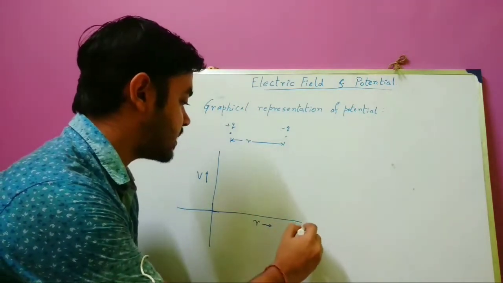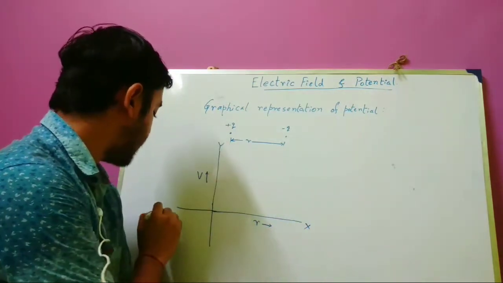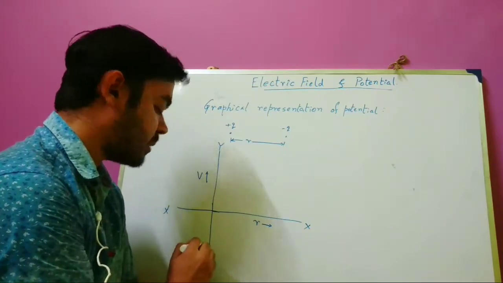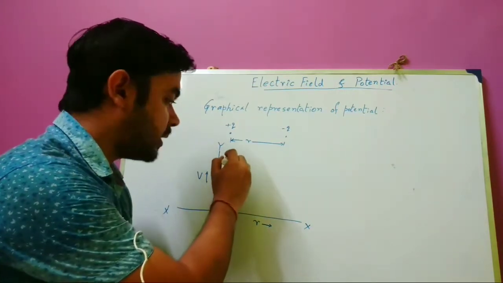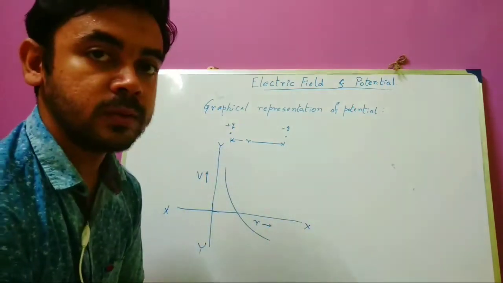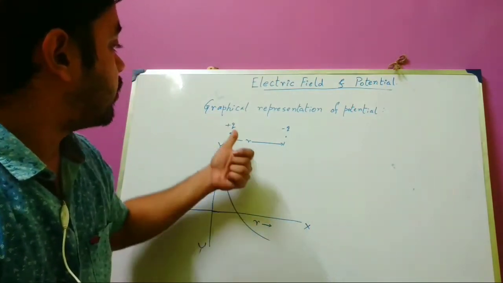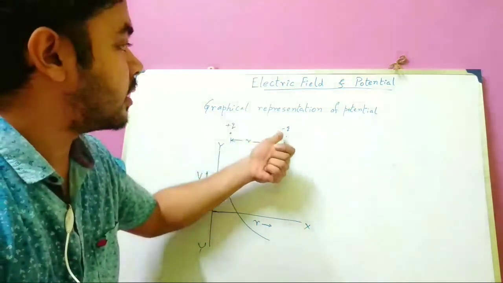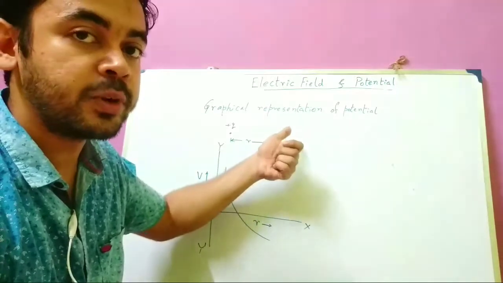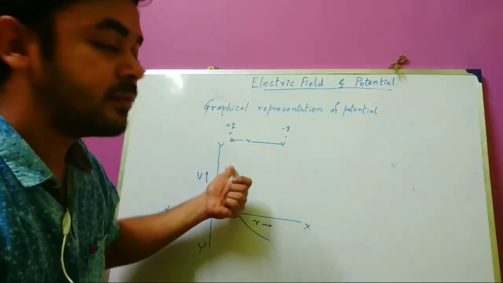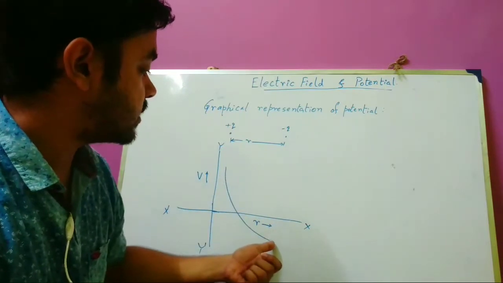This is the x-axis, this is the y-axis, this is the minus x-axis or x prime, and this is y prime. Okay, so it will be like this. Clear? The potential will be positive for the positive charge and negative for the negative charge. So at this point the potential is high, positive charge, and